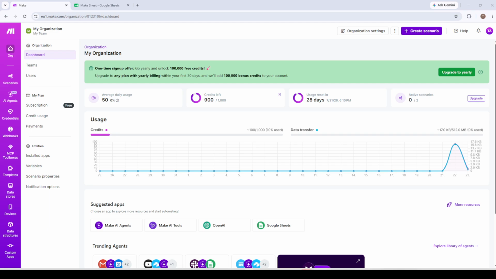Today, I'll walk you through step by step how to create a Make scenario that connects to Gmail so you can automate your email workflows without writing a single line of code. Make, formerly known as Integromat, is one of the most powerful no-code automation platforms available today, and pairing it with Gmail opens up a world of possibilities, from auto-sorting incoming leads to sending personalized follow-up emails triggered by actions in